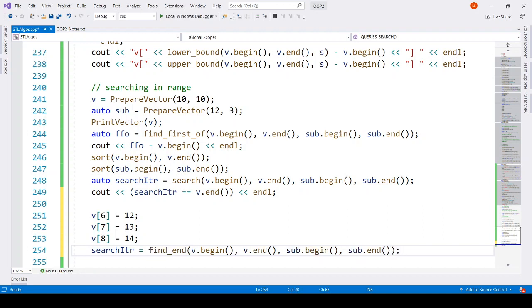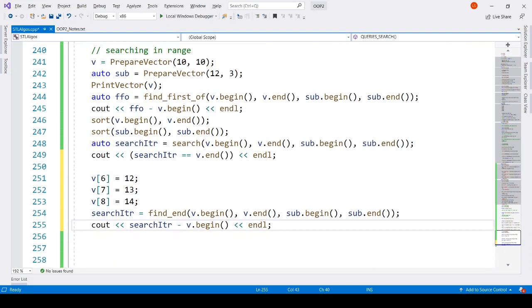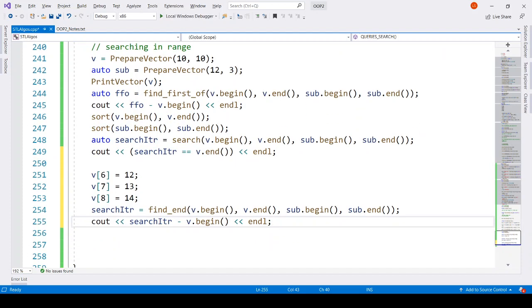Now it will return us the iterator which is pointing to the sixth element. So if we see cout search iterator minus v dot begin, it should return us 6 because find end will start searching from the end of the